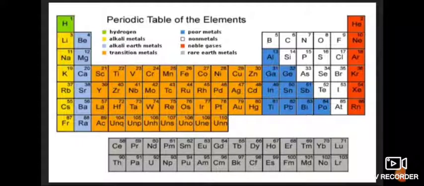So already we said that the middle ones, that means group 3 to group 12, are known as transition elements. So now you need not be confused with that. You can learn group 1, group 2, group 13, group 14, group 15, 16, 17, 18. That you can learn. Also the first period elements, second period elements, third period elements, fourth period elements, you can learn very clearly and thoroughly.